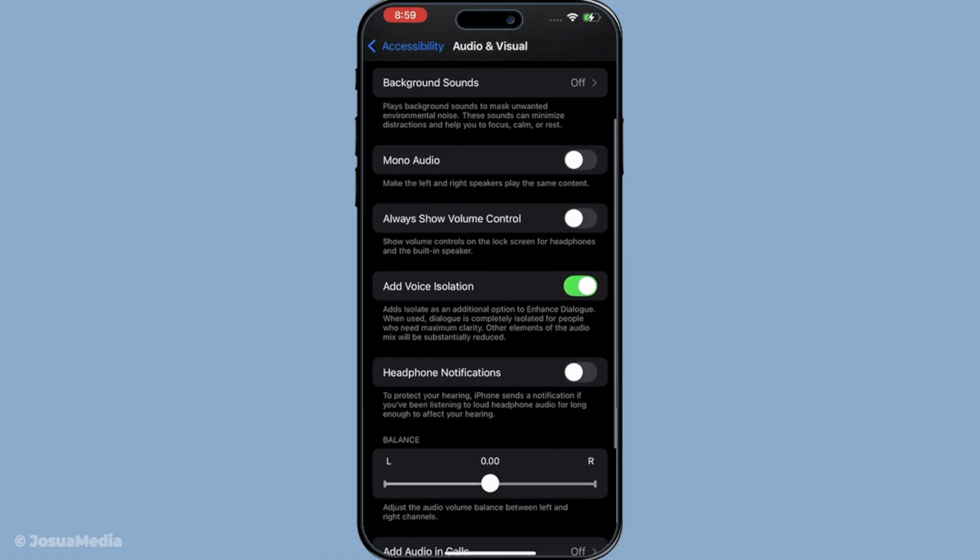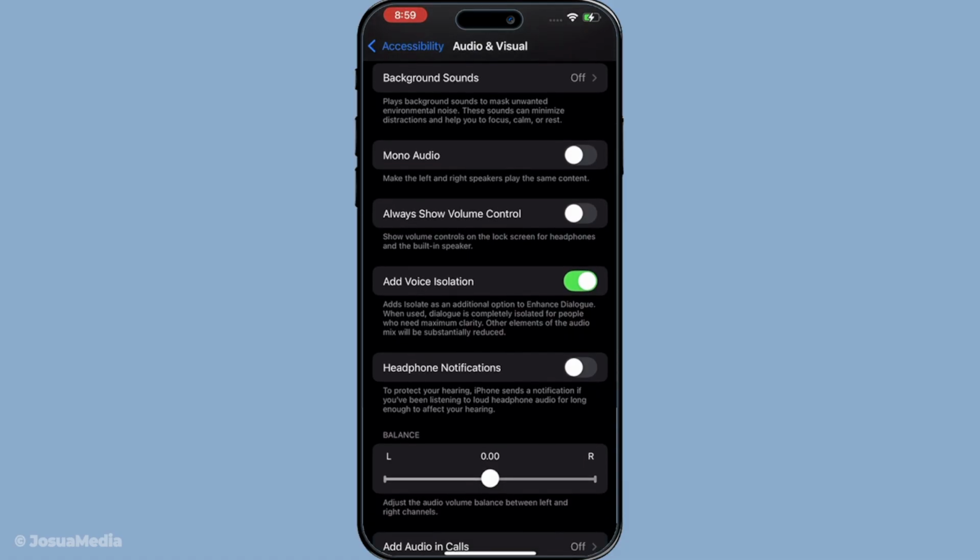And that's all there is to it. You've now seen how to turn on voice isolation on your iPhone, and once you've gone through it once, it becomes quick and easy to return and adjust whenever